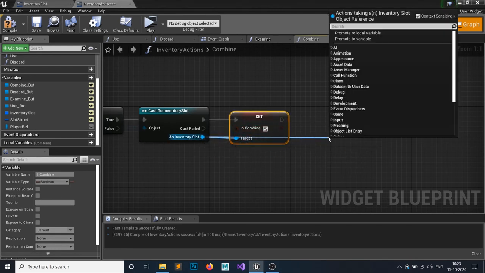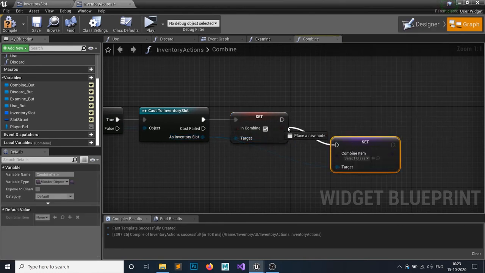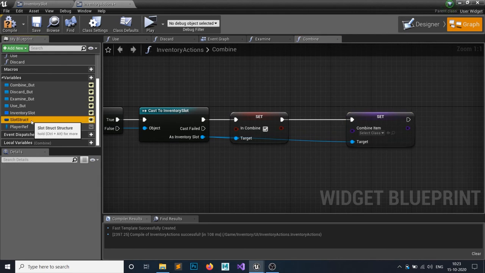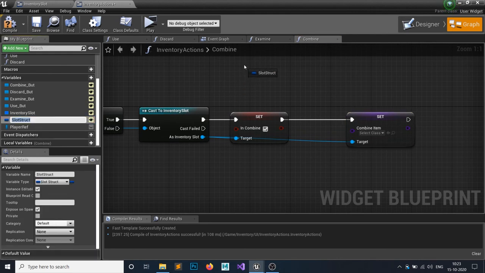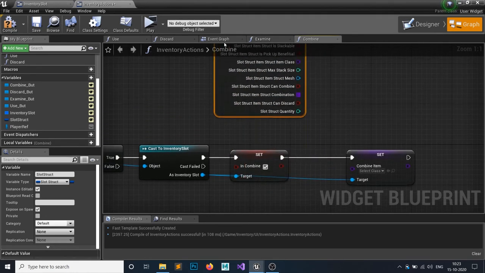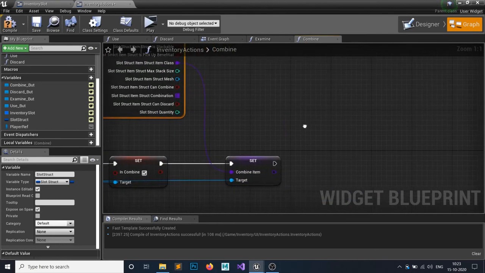We want to set the combined item to the class of the slot. So grab the slot and split out again, and get this class and attach it to here.